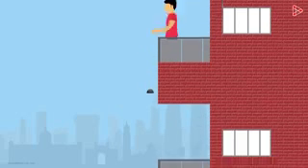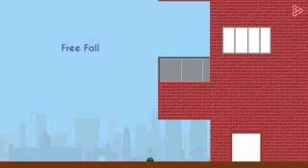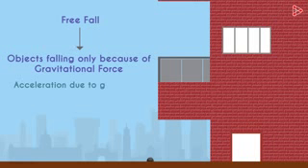When you drop a stone from your hand, it falls to the ground. It's an example of free fall. Whenever objects fall towards the earth under this force alone, we can say that the objects are in free fall. The stone accelerates towards the earth, and this acceleration due to the gravitational force of the earth is denoted by